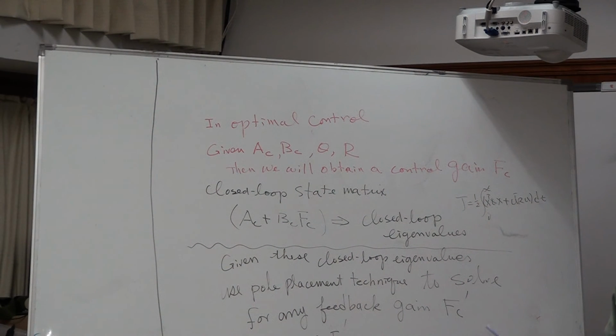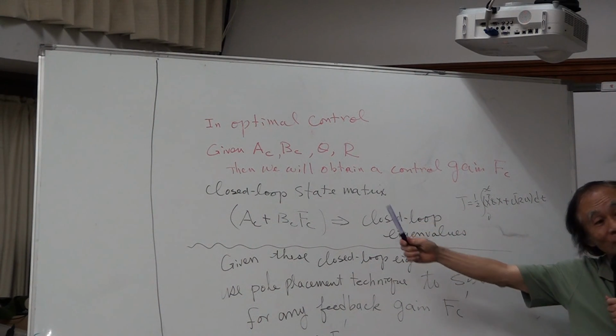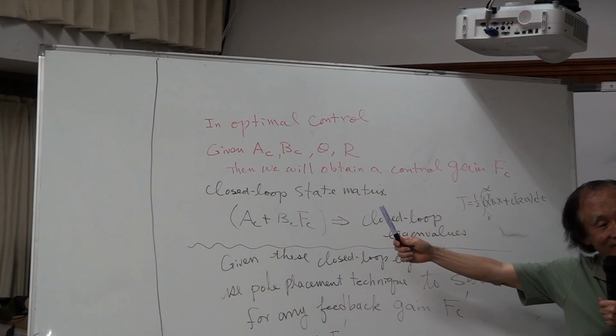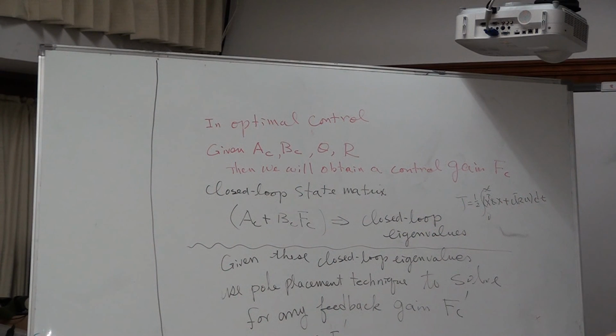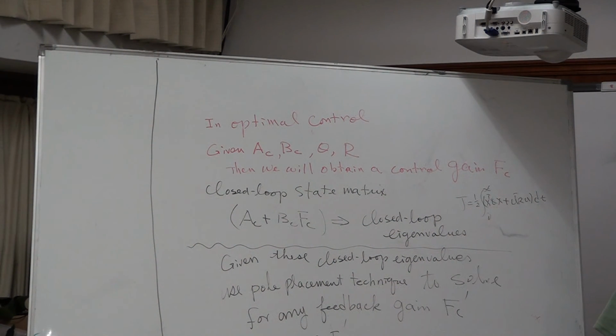The question is, if I use only the closed-loop eigenvalues here, I may be able to get FC prime with different eigenvectors too, right? If I say I want to use the same eigenvalues and the same eigenvectors, then FC